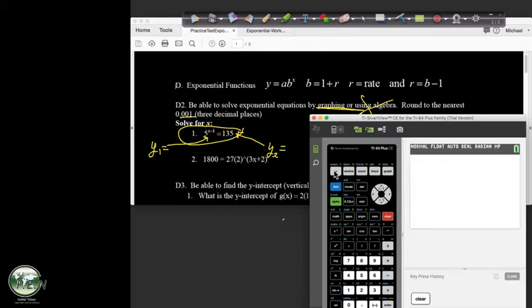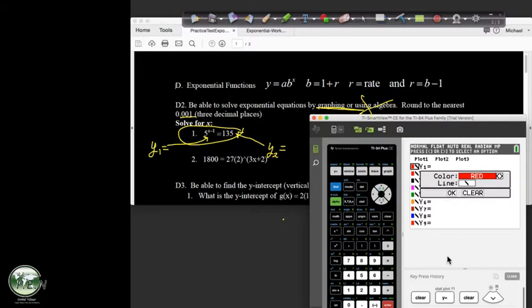So where we go for these is the y equals key. That's always the first thing we want to start with. If we have stuff in there, it looks like we've actually already done part of this, but something previously done, we just want to clear it out. The other thing is, since I've got color, it looks like it's graphing both of mine in red. So I'm going to change one of these, and I'll show you how. See how I can arrow over. Let's see, how do I do this now? I forgot. I think I hit enter. Yeah. And then you can change the